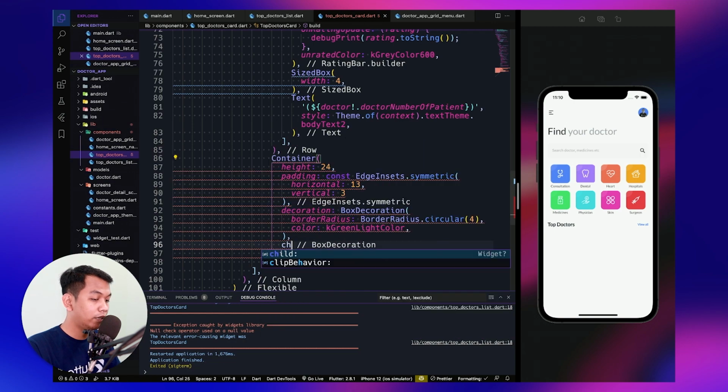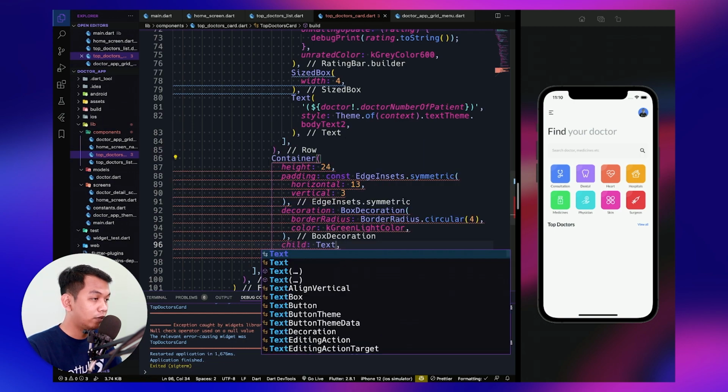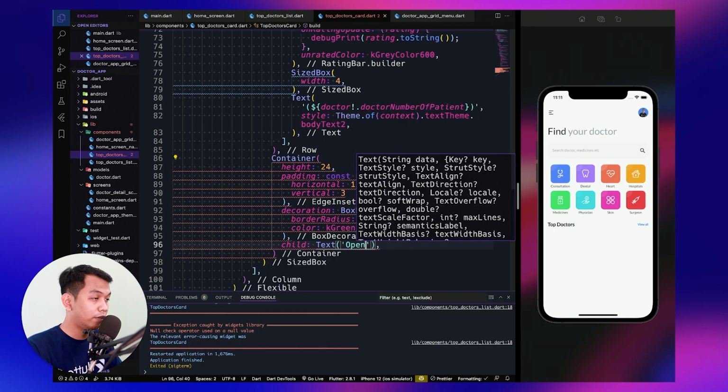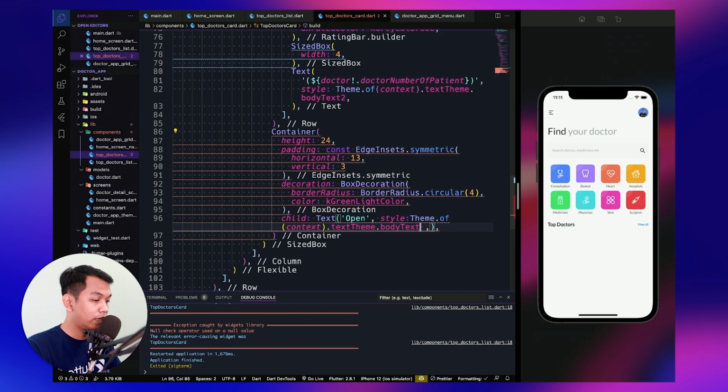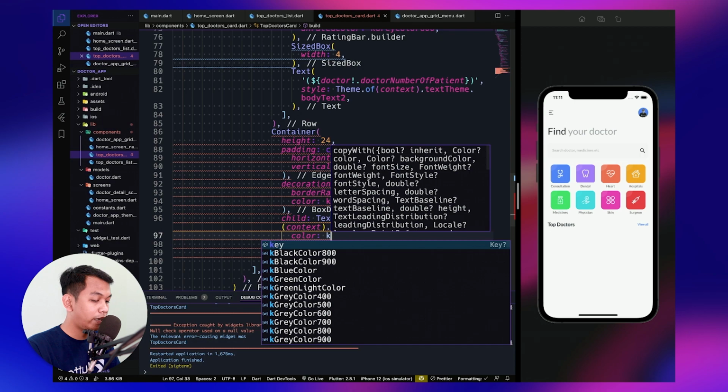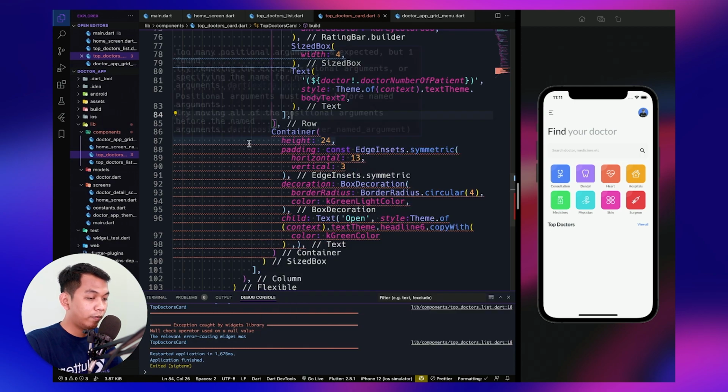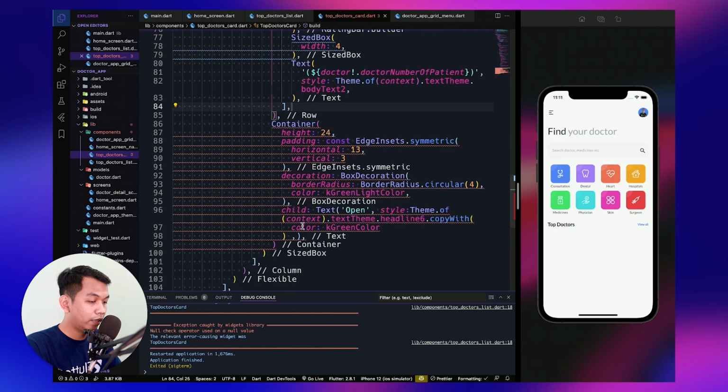And for the child, we use a Text widget and we say Open. For the style, we can copy from this and we say headline6, but we need to change the color using kGreen color. And maybe I need to move this container because this is the wrong place.